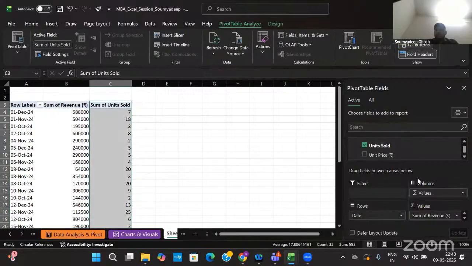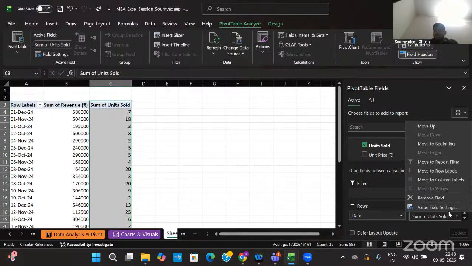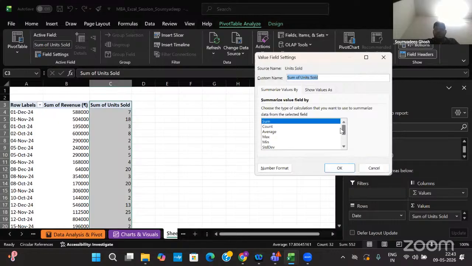Now you can play along with this portion. If you click on value field settings, there are a lot of options. What do you exactly want to perform? You want to calculate the average of it. You want to calculate them.